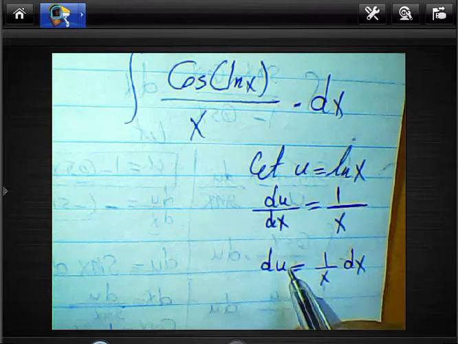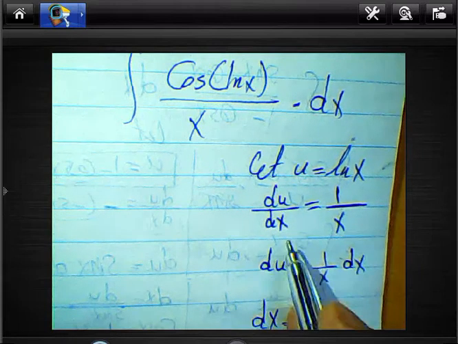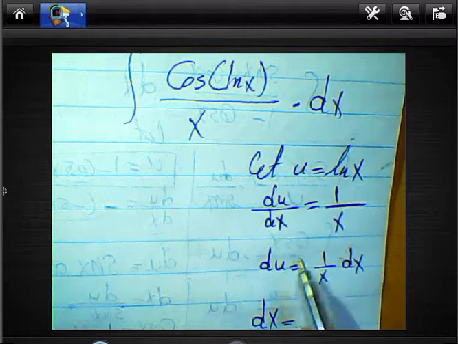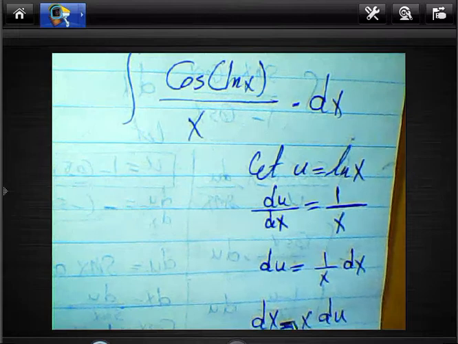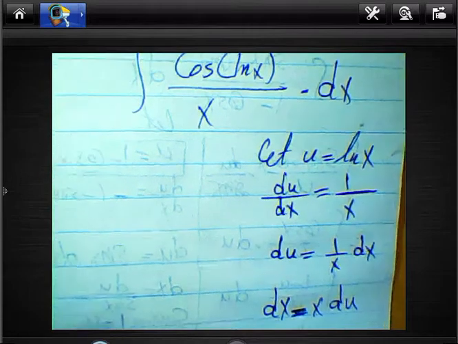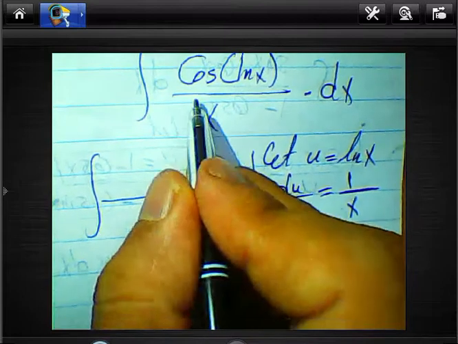Equal x times du, because the product of extremes equals the product of means. So in this example we can write cosine u